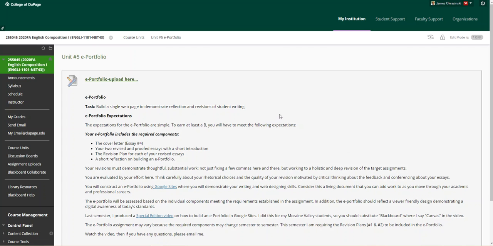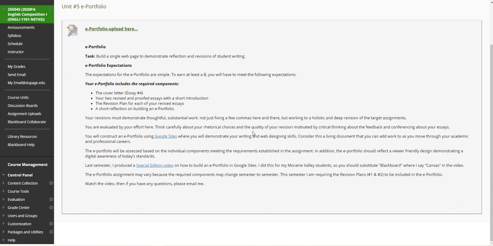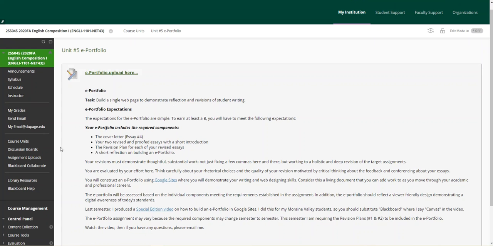So you want to make sure that you do upload this published link. The idea here is that it must be published because some of the content that you upload to it might be uploaded correctly, but because the link is not published, I may not be able to view it. And if I cannot view it, I cannot adequately assess that. So that's the warning here. So please publish the link to the portfolio here in the course unit. So let's get back to announcements.